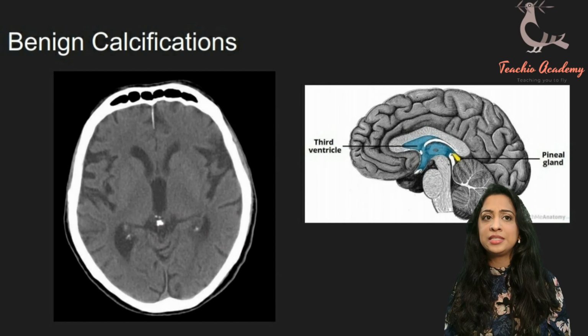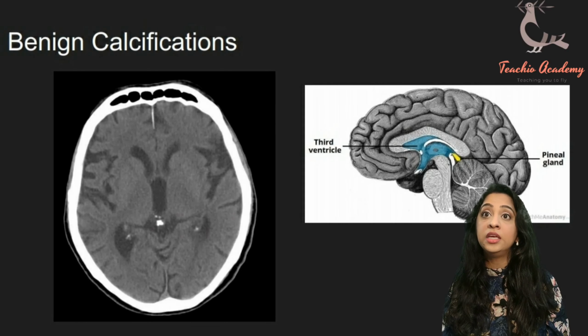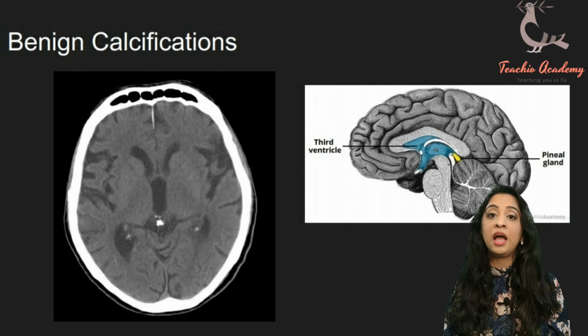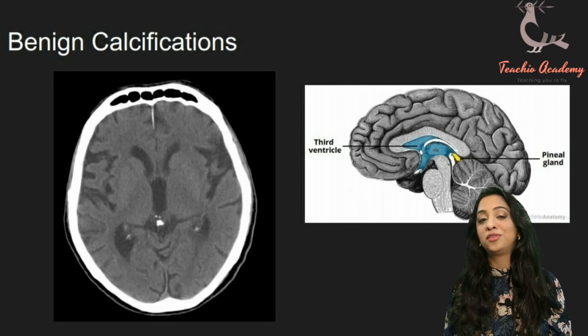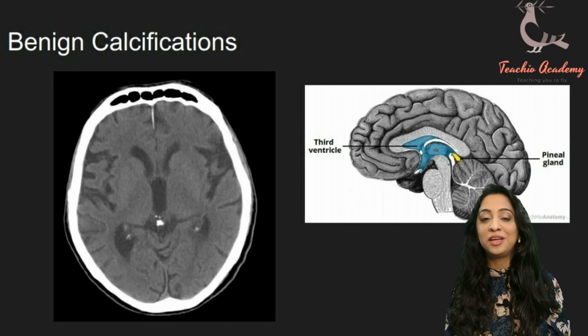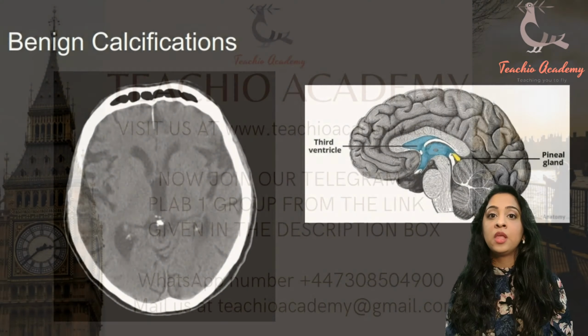You can also see this sometimes. This is again not a bleed. This is the pineal gland. Remember, the gland which produces melatonin. This can also become calcified sometimes and appear like that. Please do not ring up the radiologist in the middle of the night saying that the patient has a bleed on their brain. This is completely normal, and the radiologist is going to get really angry.